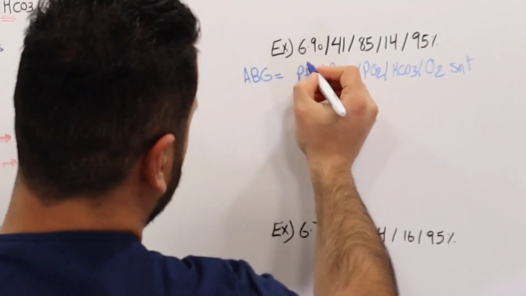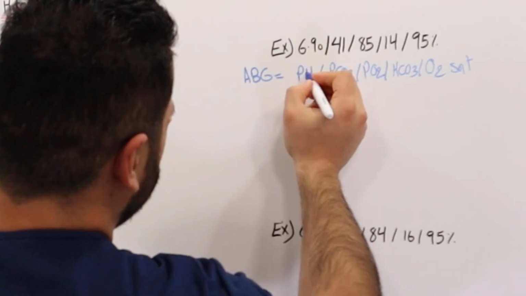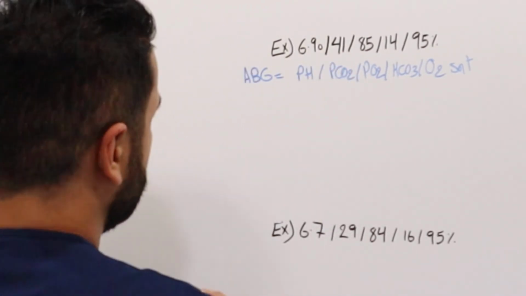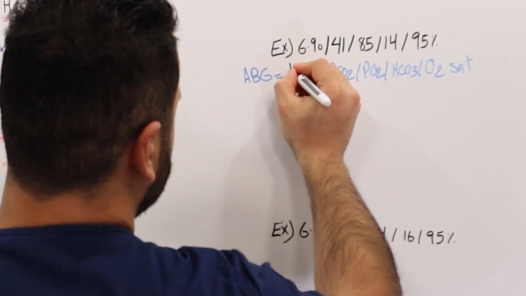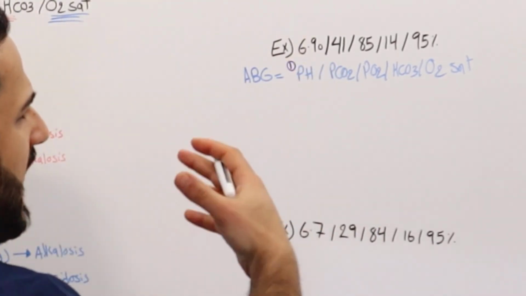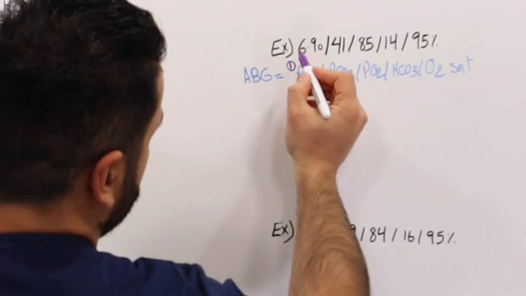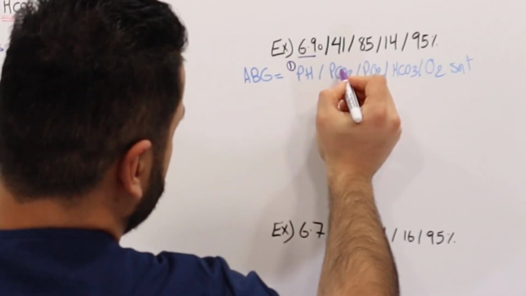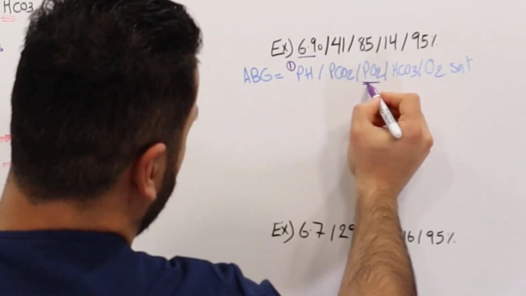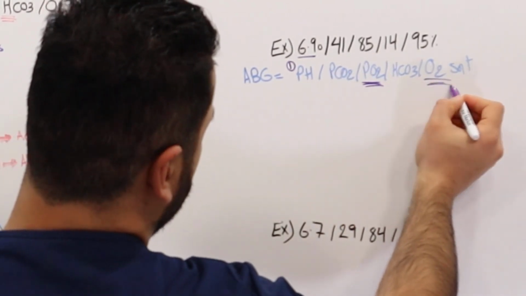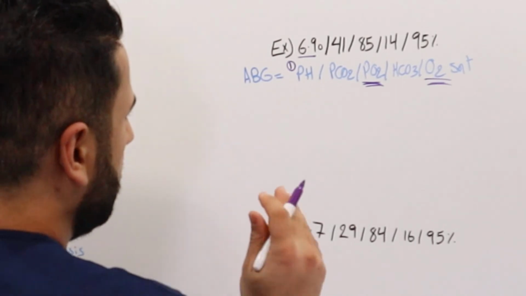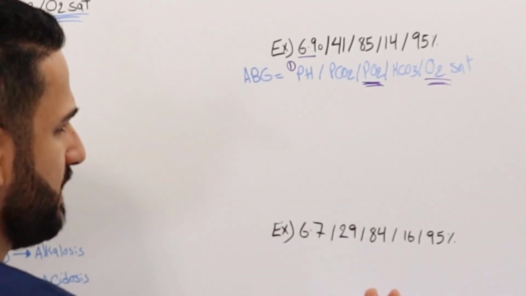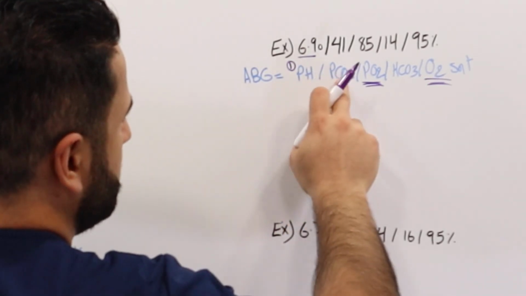So here we know that the pH is basically decreasing. The number one thing we do is look at the pH. We want to determine: is it acidosis or alkalosis? So we look at the pH over here. This is the PCO2, PO2, we don't worry about this. O2 saturation, we don't worry about that either. The only three things we worry about in the ABG to interpret acid-base status for a patient are the pH, PCO2,